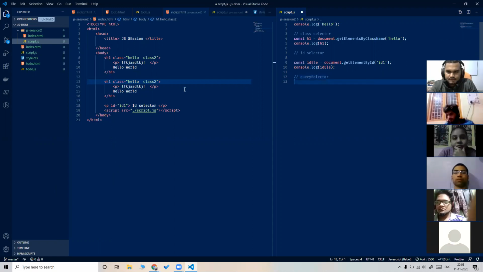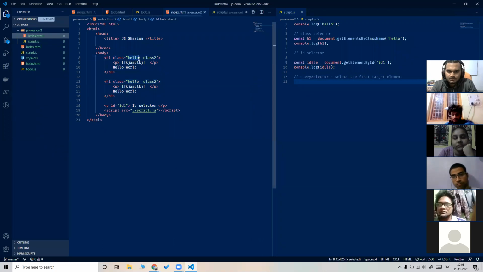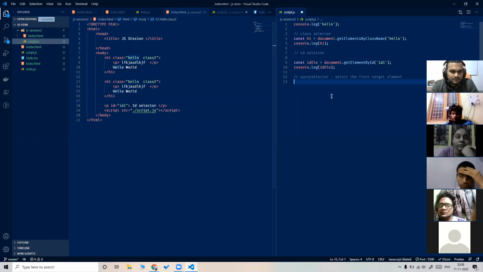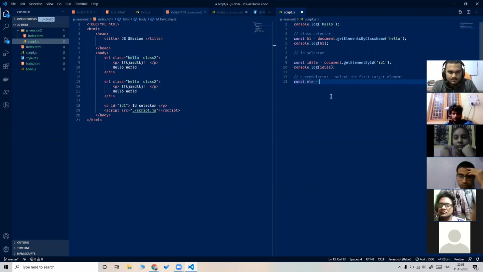Okay. So querySelector also works very similarly to the class name or ID. It will select only the first target element. For example, if I use only hello, I have multiple elements with the same class name hello, and I want to select this. So let's say const element is equal to